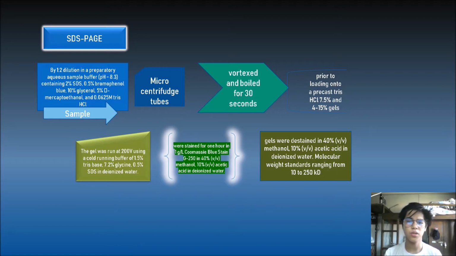Each sample was vortexed and boiled for 30 seconds prior to loading onto a cast of Tris-HCl